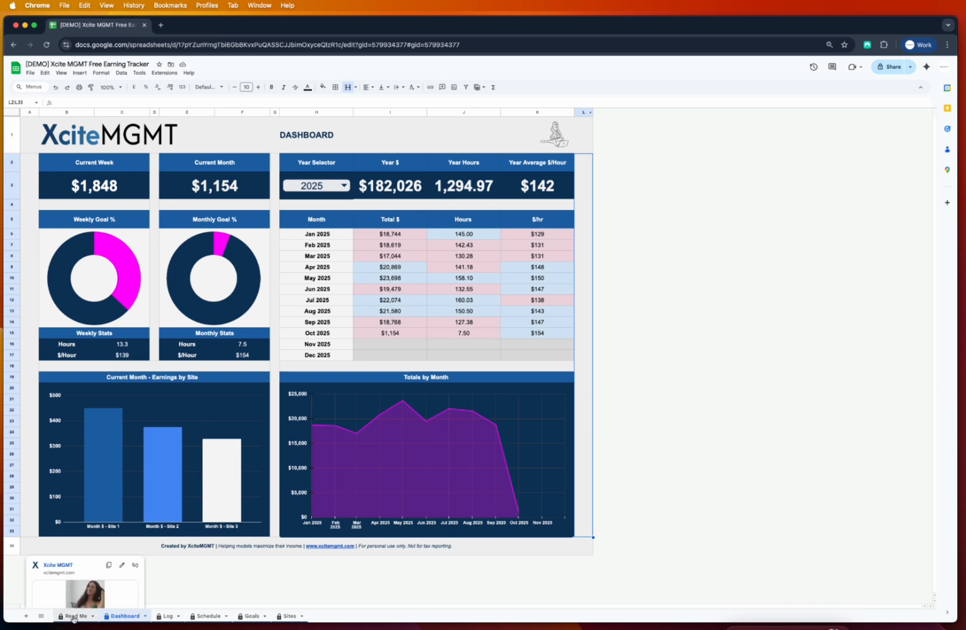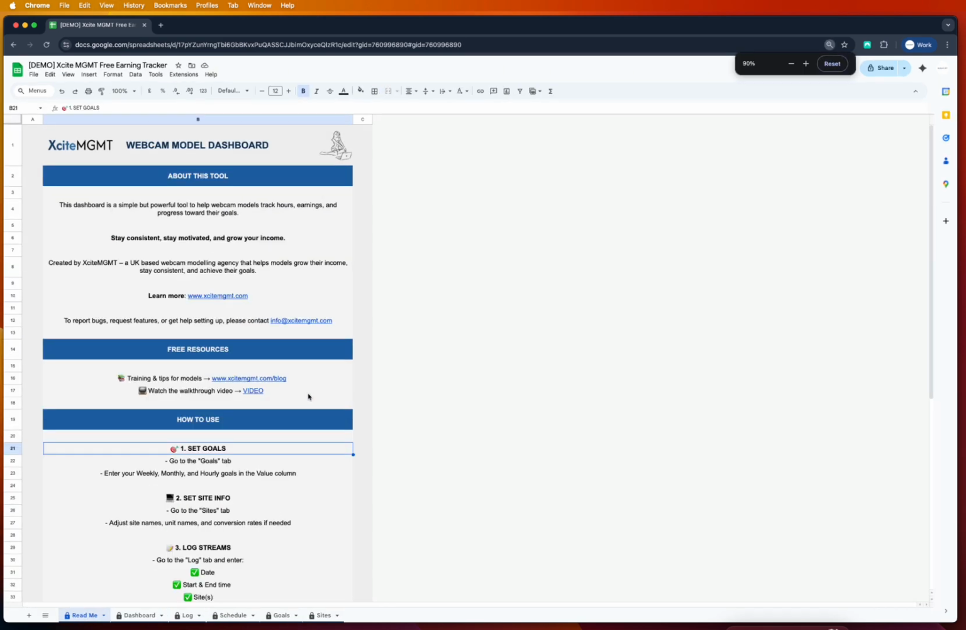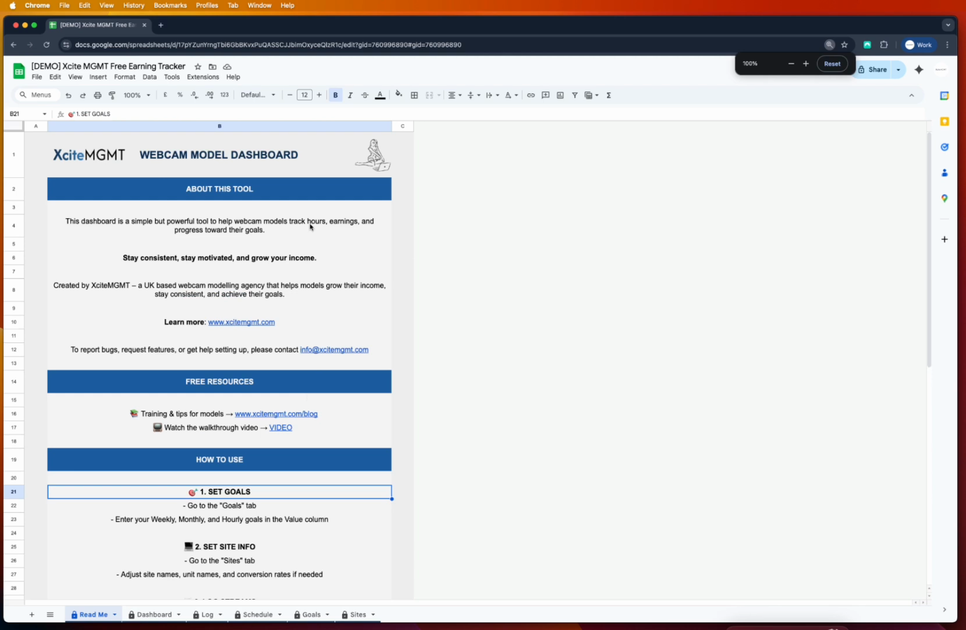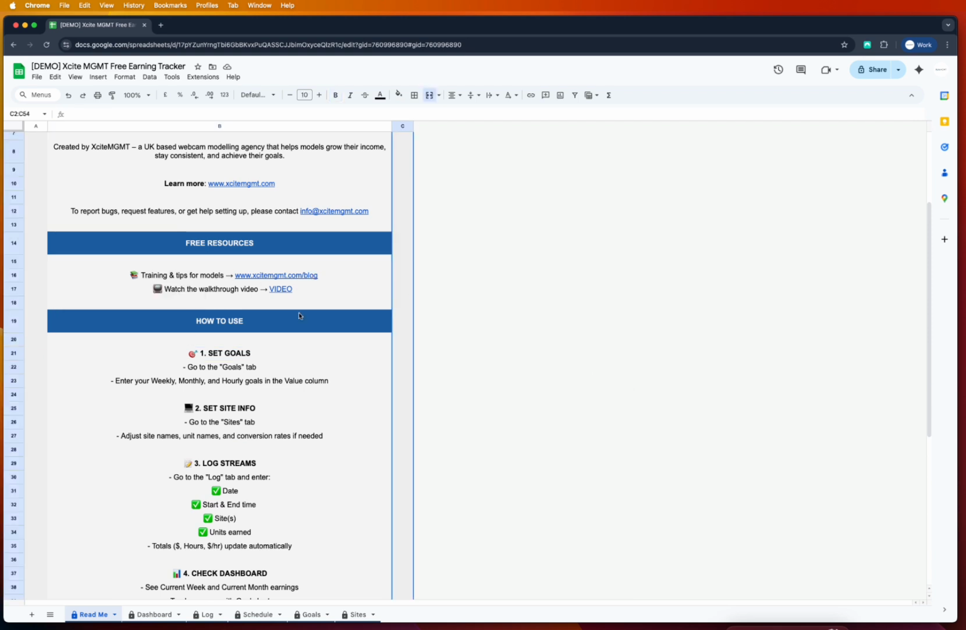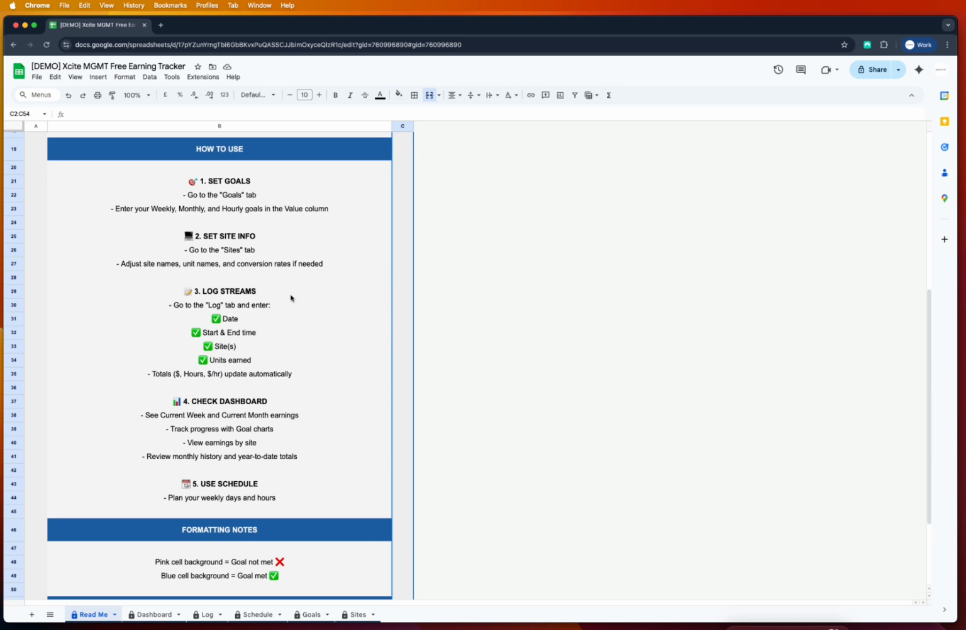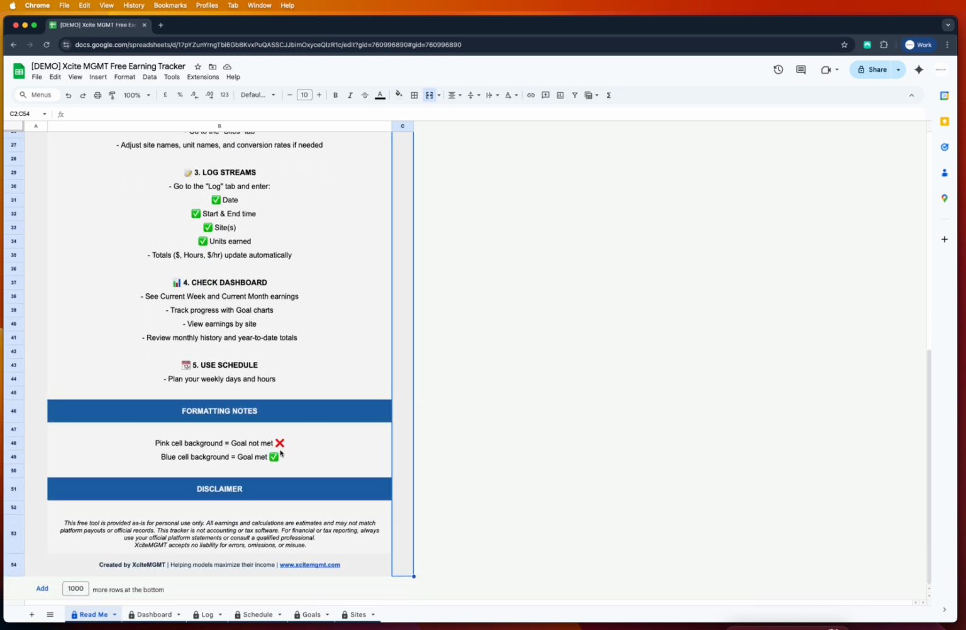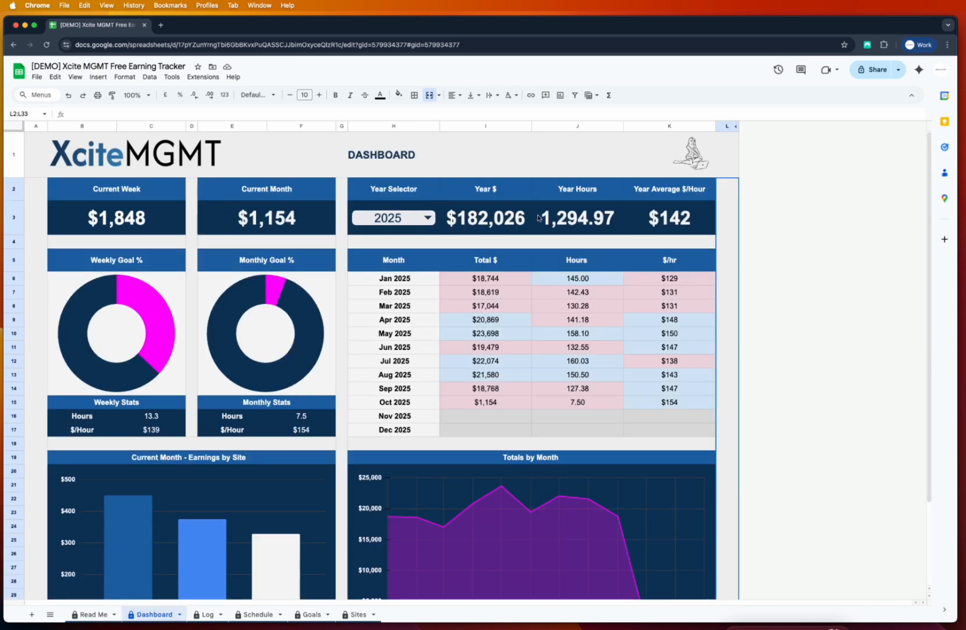So the first page, if I just zoom back in, is just a simple readme page with a bit of information about the tool and some more free resources. We have our blog on our website and a link to this walkthrough video that I'm making now, and then a quick easy how-to-use setup guide and some formatting notes, which I'll explain in this video anyway. So if we start with the dashboard,